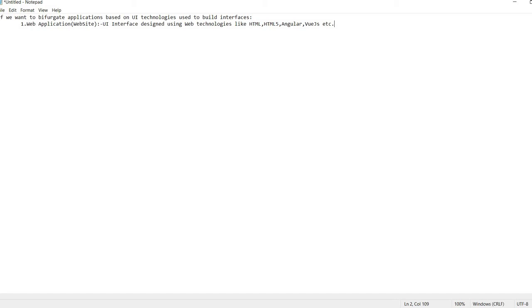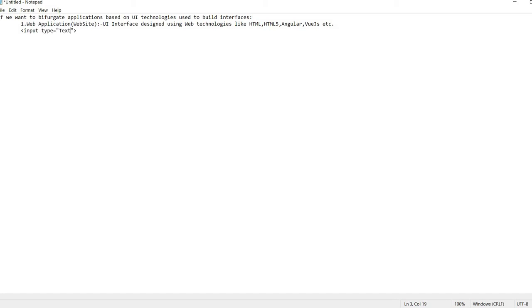Basically, with these interface design technologies, let's take HTML as an example. In HTML, we design the control. Like if I want to design an input control, this is what we do: input type equal to text.